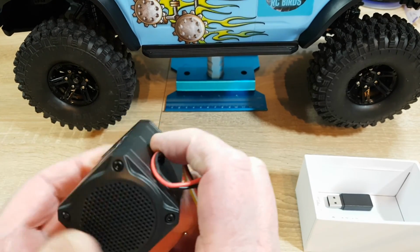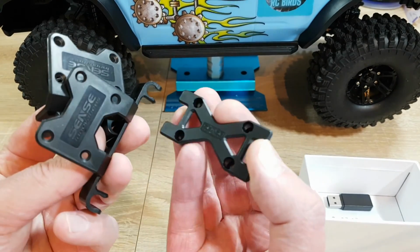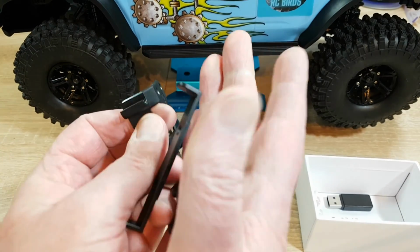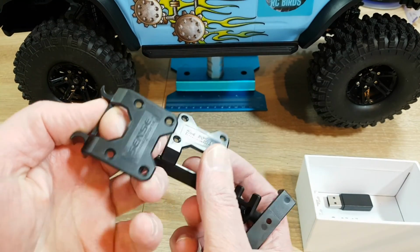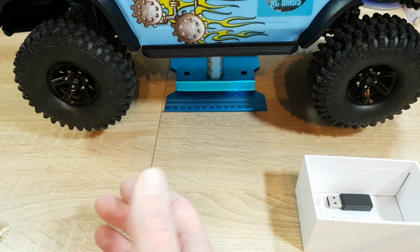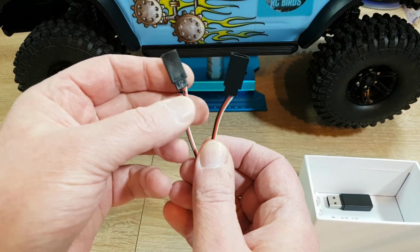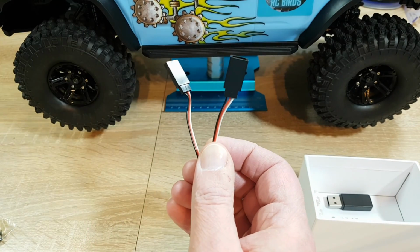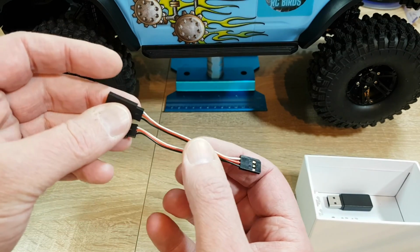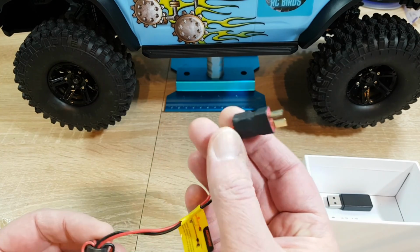We have two speakers. It's waterproofed. That's fine. There are 4 mounting points. Some are for the SCX10 or for the TX4. The Y cable is for bringing the sound module into the car, and the second wire is for the ESC. And we have a plug-and-play Dienstplug